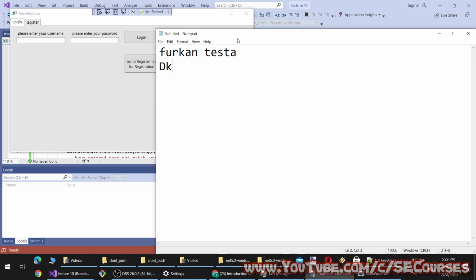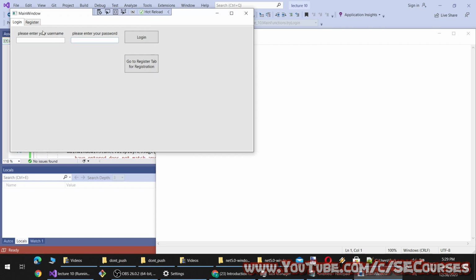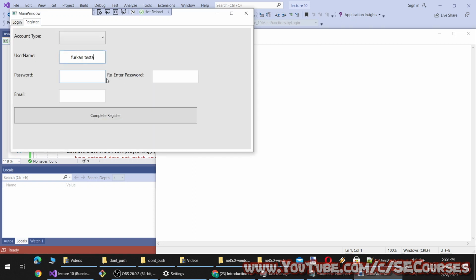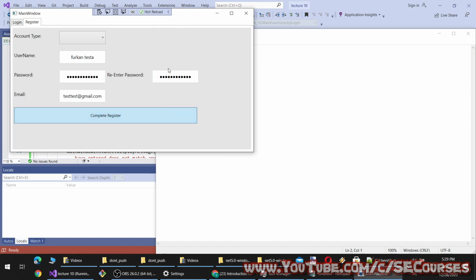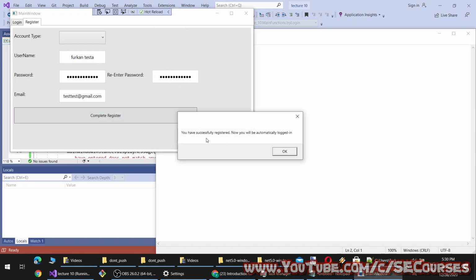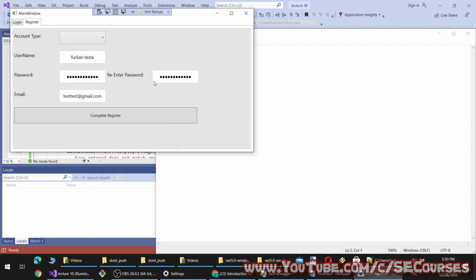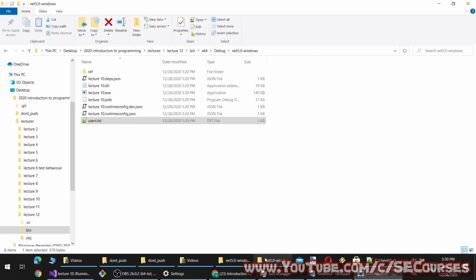And let's define a password like this. I can click register. Then let's enter the password. Okay, you see you have successfully registered. Now you will be automatically logged in. We haven't coded the automatic logging in yet.